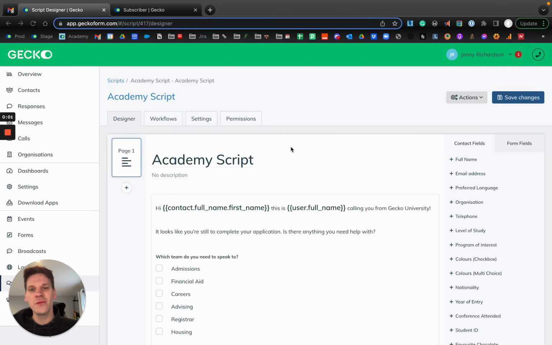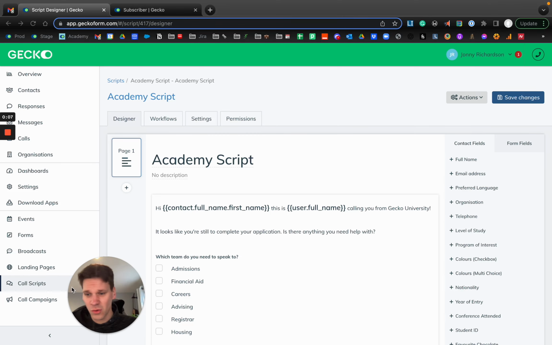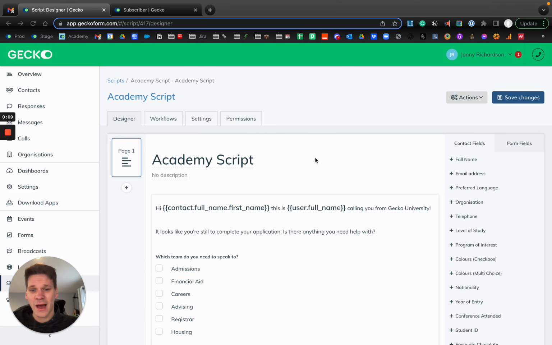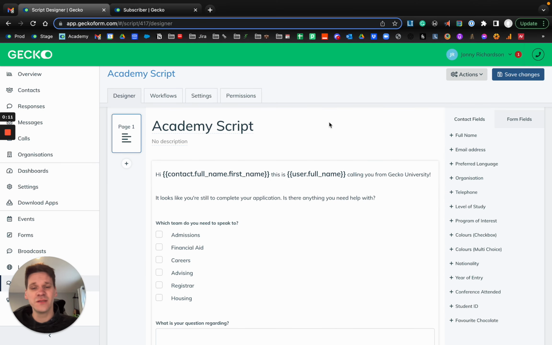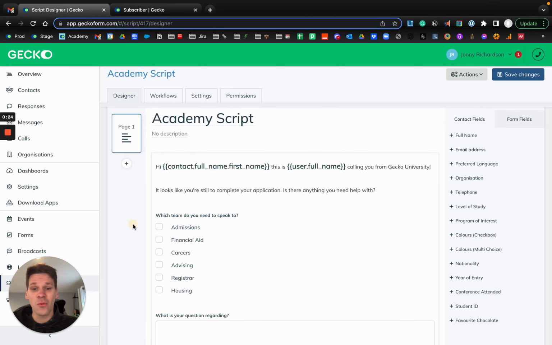I'm going to share with you one of the most powerful but simplistic workflows ever, and this comes in our call scripts area. This is something that a lot of teams using calls employ to make sure that students' questions are triaged to the correct team completely automatically without any overhead, so that your callers can just focus on dialing the next person. In this particular example, we're calling people who are yet to complete their application and saying,